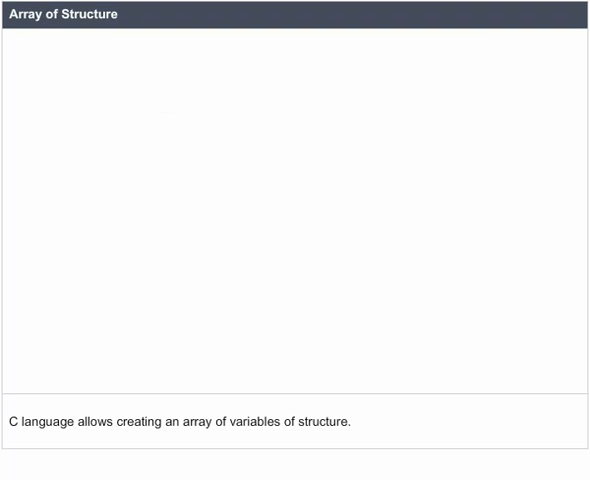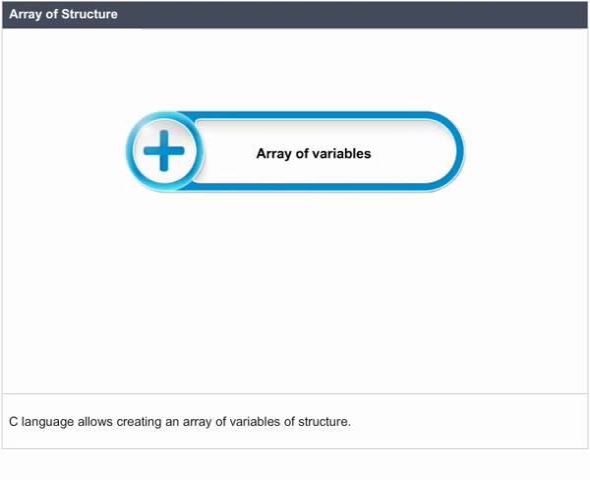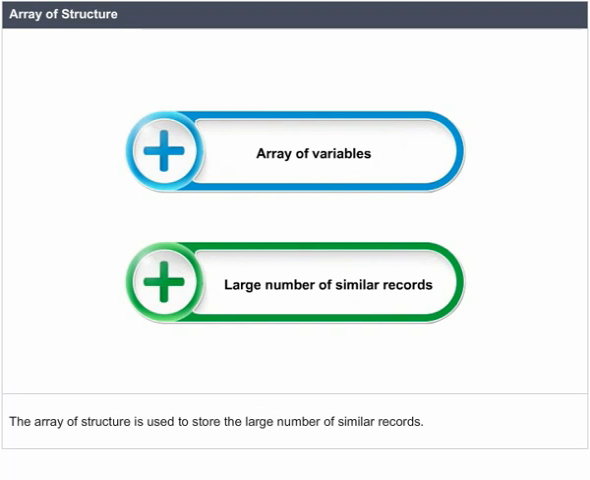Array of structure. C language allows creating an array of variables of structures. The array of structures is used to store a large number of similar records. For example, to store the record of 100 employees, an array of structures is used. The method to define and access the array element of array of structure is similar to other arrays. The syntax to define the array of structure is